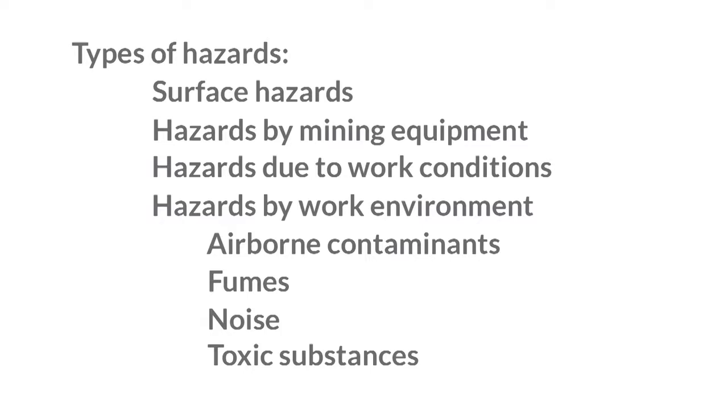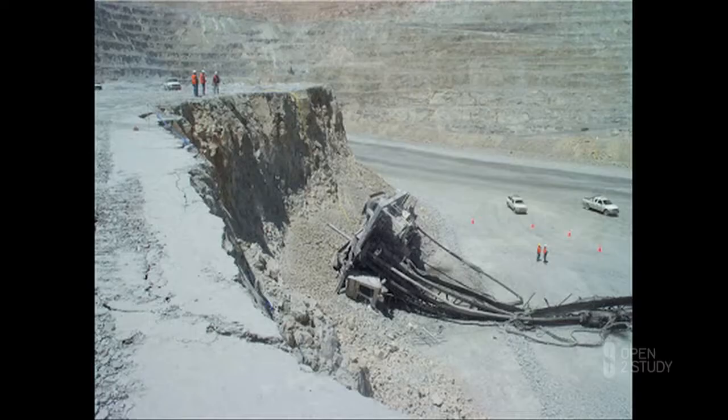As we said before, mining is one of the most dangerous working environments, and a multitude of different hazards can emerge. These can be classified as surface hazards, like rock falls at the bottom of the bench, failures at the top of the high walls, or shaft firing during blasting. Hazards by mining equipment, like the movement of large mining equipment such as draglines, or heavy mobile equipment like haul trucks and excavators, light vehicles such as four-wheel drives, or stationary machinery with rotating equipment such as crushers and